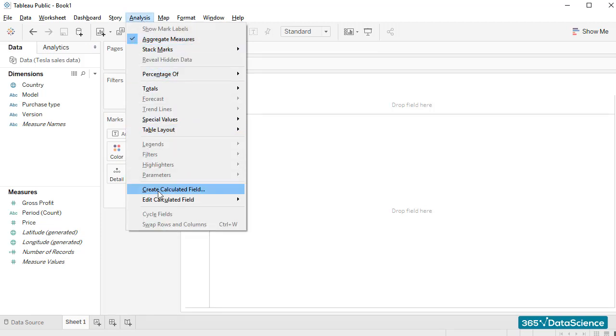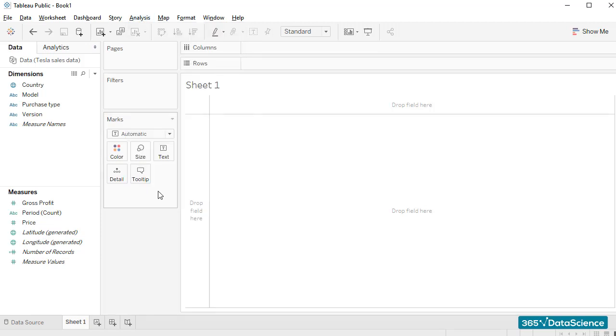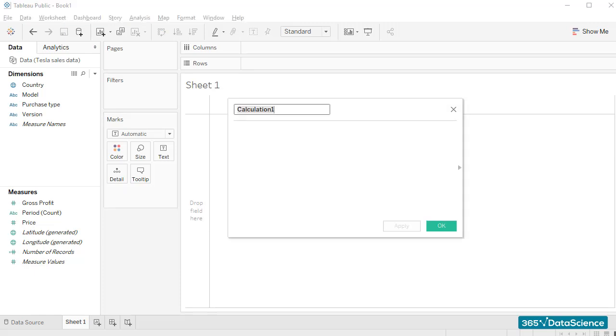The way to do that is to go to the Analysis tab and create a calculated field. Right. Once this dialog box opens, I'll type the name of the field I am creating, which is year. Then I'll use the left function in order to take the 4 leftmost symbols of the period field. This is where we have the year when the sale occurred. Left is a function most of you are probably familiar with. In Tableau, it works in the exact same way as it does in Excel, for example.